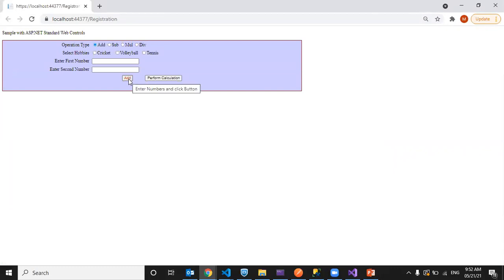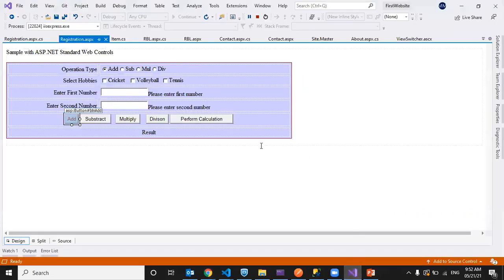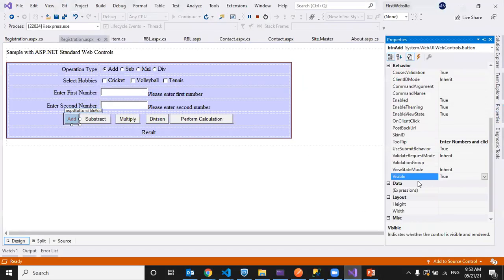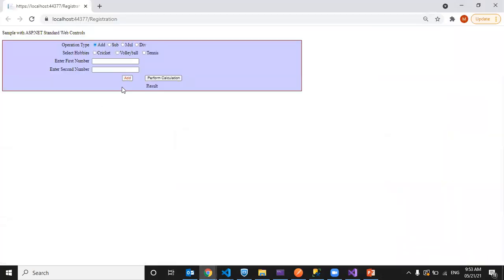See here: enter numbers and click button. This is the use of tooltip. When we hover on any control, if you want to display some meaningful information related to that operation or control, we can use a tooltip. The tooltip is displayed when the mouse is over the control: enter numbers and click button.